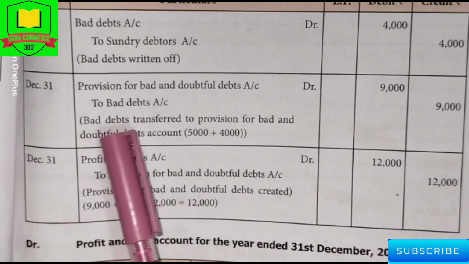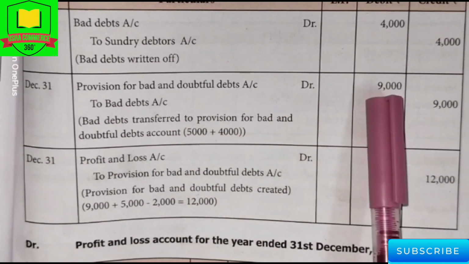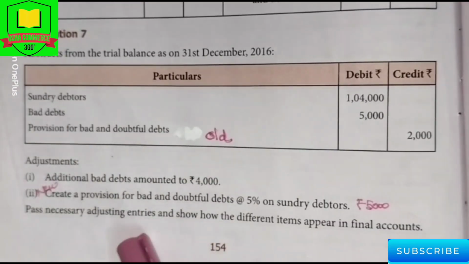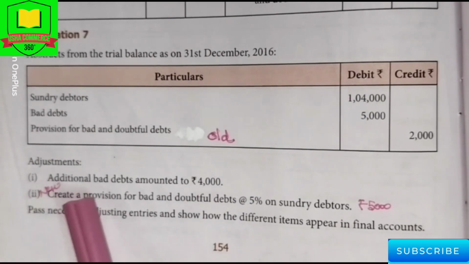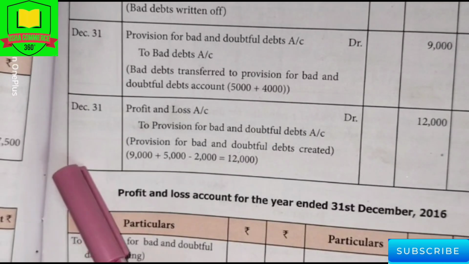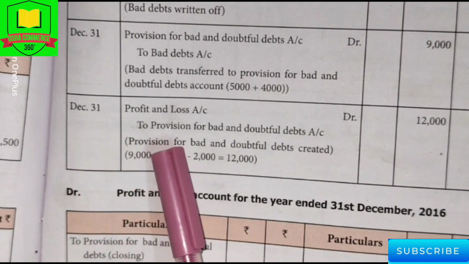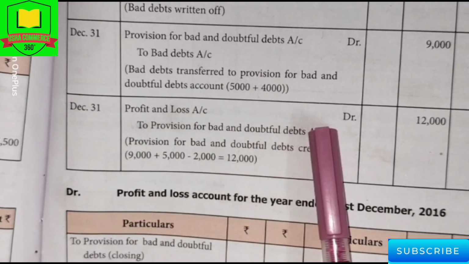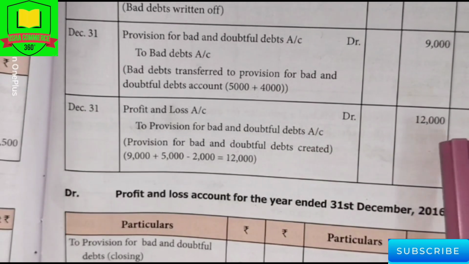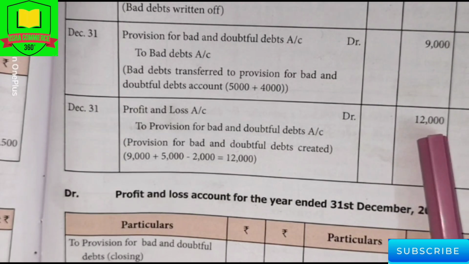So the narration is bad debts transferred to provision for bad and doubtful debts, amount 5,000 plus 4,000, we will get 9,000 rupees. And now we are going to pass the adjusting entry for the new provision for bad and doubtful debts. In the date column we have to enter the same date, 31st March 2016. The new provision adjusting entry is profit and loss account debtor to provision for bad and doubtful debts account 12,000 rupees. Okay, how will you get this 12,000 rupees? I will explain you later. Before that,